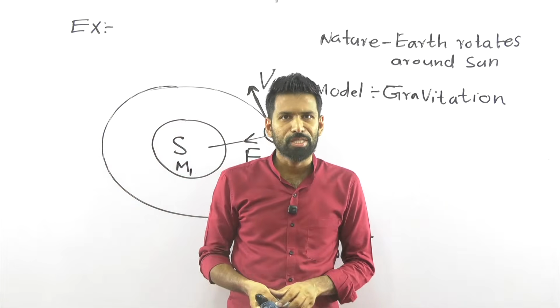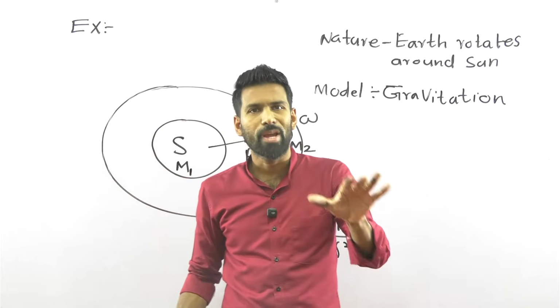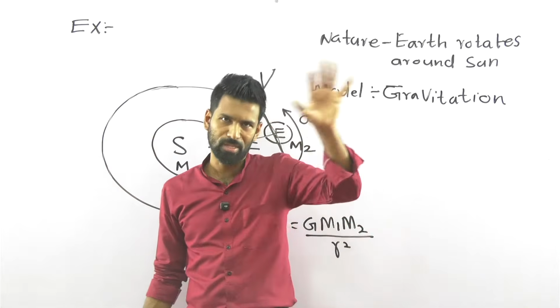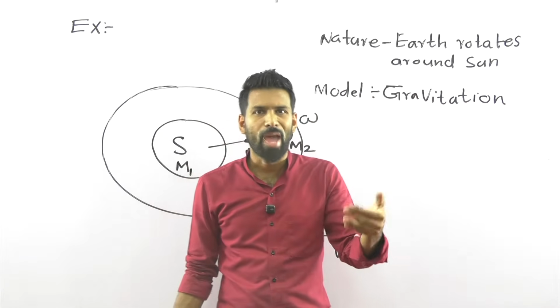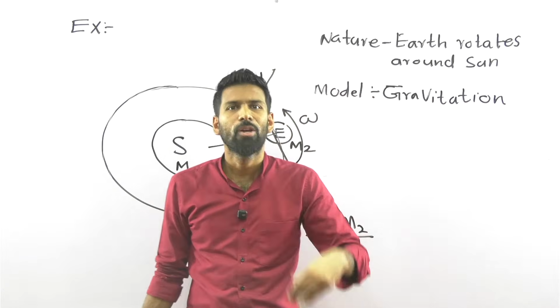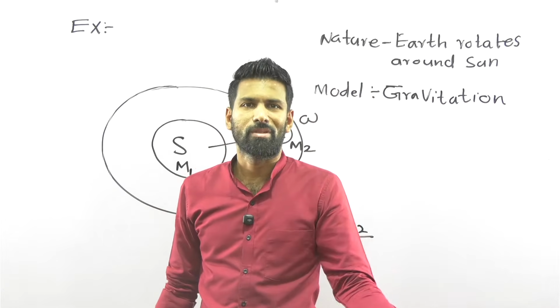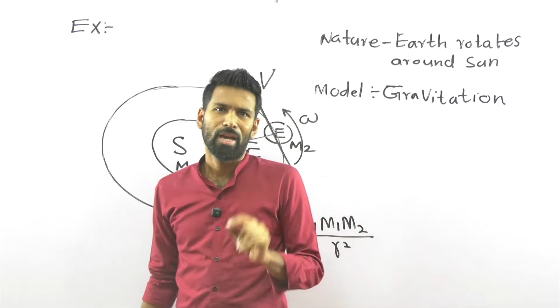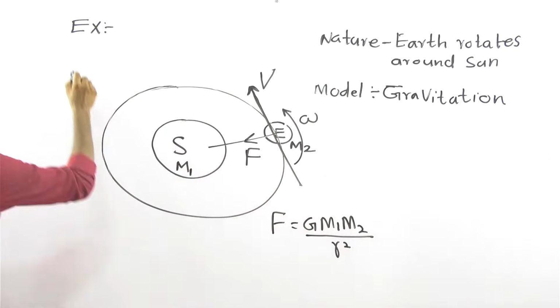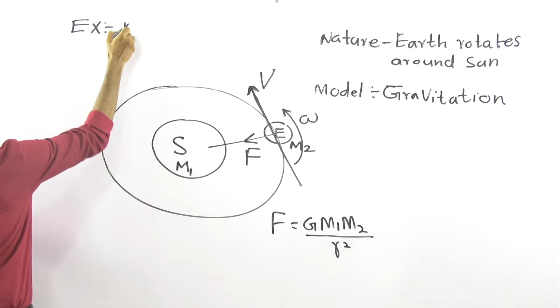I just want to show you something. Physics is understanding the nature through man-made models. So in nature, there's a phenomenon called the earth rotates around the sun. There's a man-made model called gravitation to understand the situation. That's physics. That's what I want to say. Okay, write a small star mark. For this example, write a small star mark.